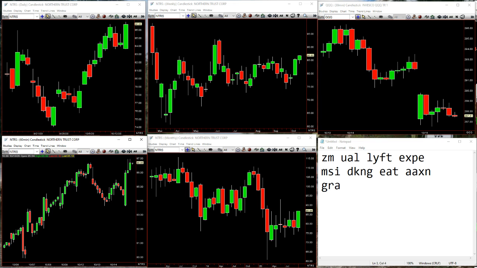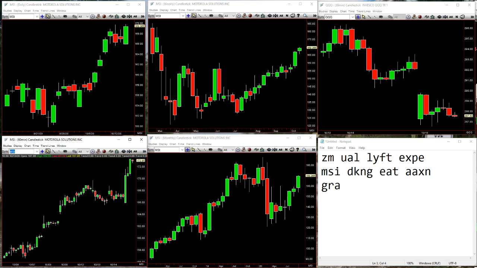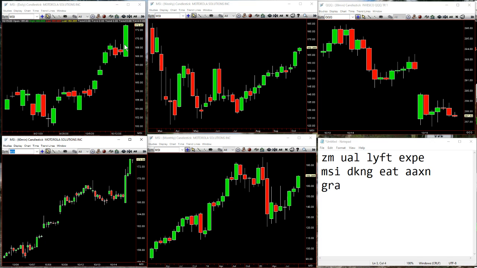If we go to Motorola, and Motorola here, once again, the outside day pops down a little bit, and then boom, right, and boom, and when that went green on the 60 in the daily, it was full time frame continuity to the upside. You see, it was green on all time frames. That tells me the buyers are taking the offer. Good things tend to happen when you use time frame continuity. Trust me on that one.